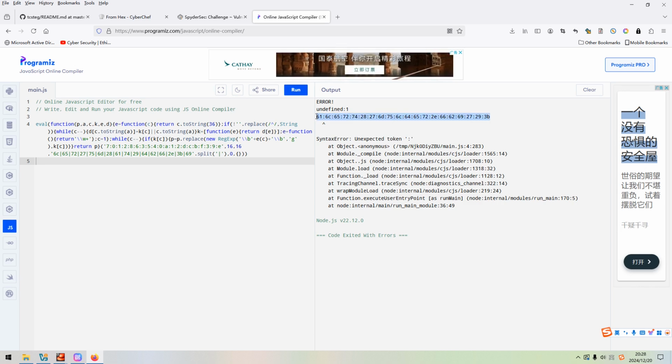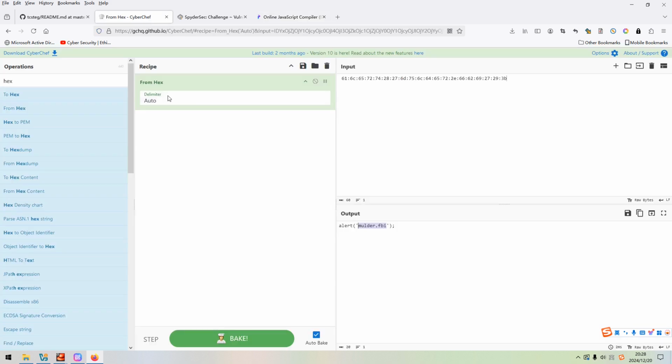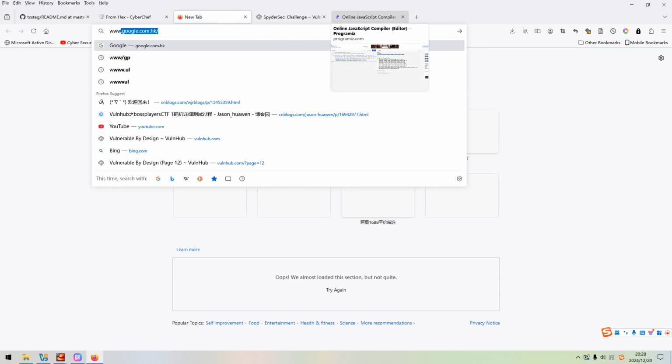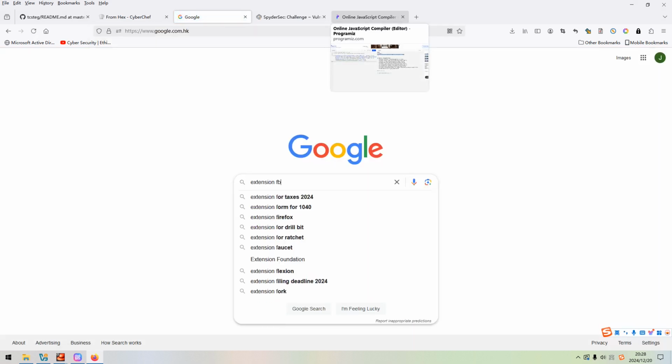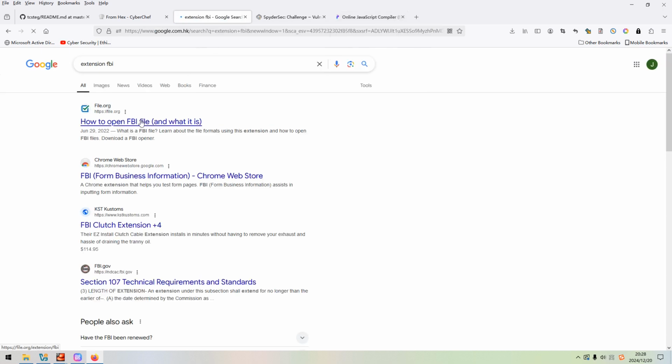We can copy it and then go to CyberChef to decode. Okay, and then you can get this one. I think this would be the full file name, and you can go to Google to search the extension FBI. How to open FBI and what it is.